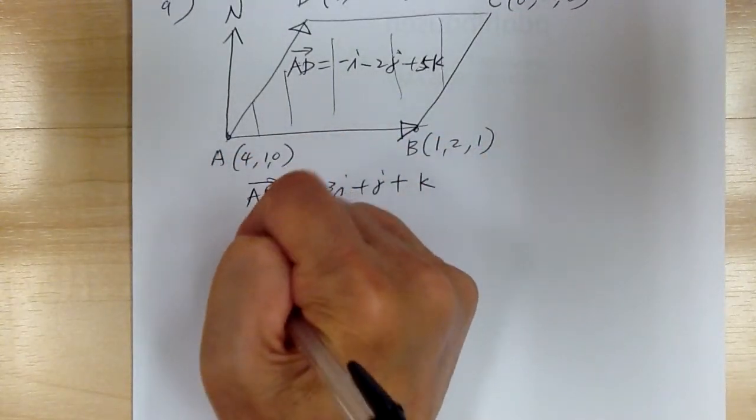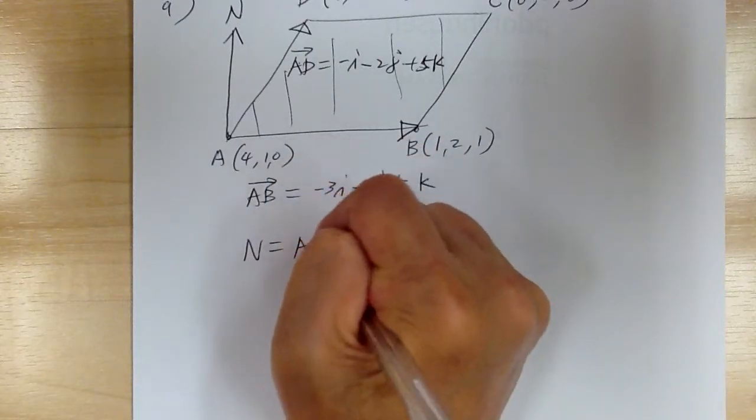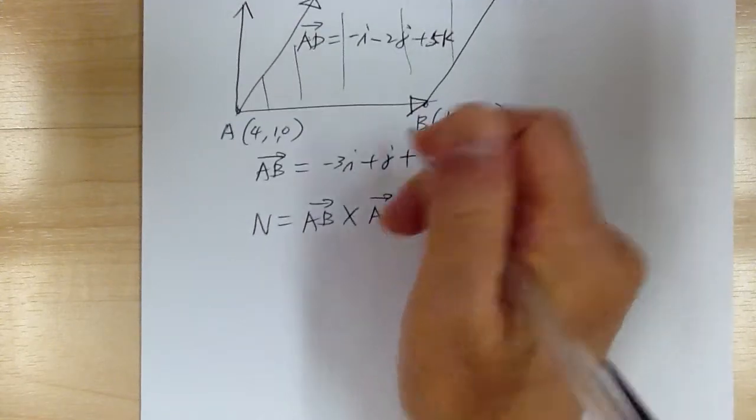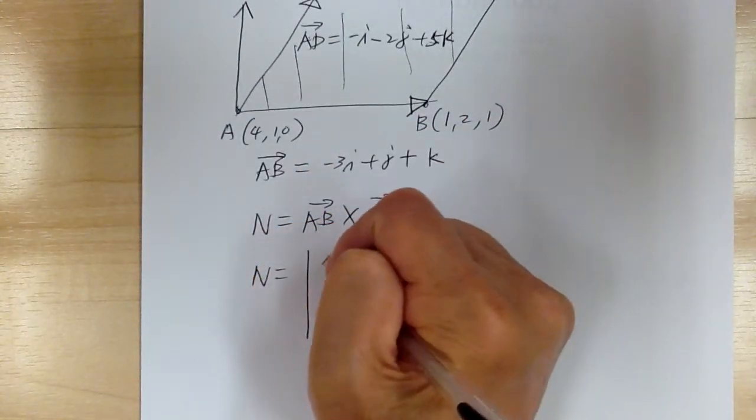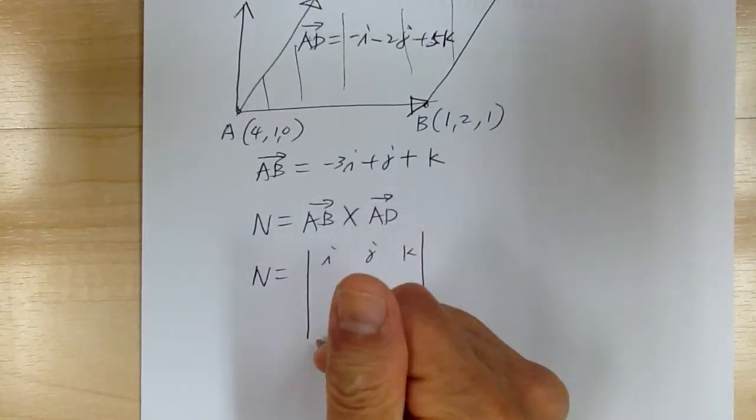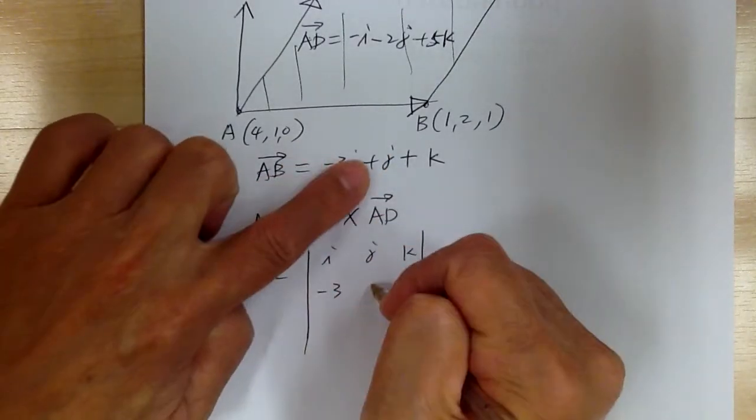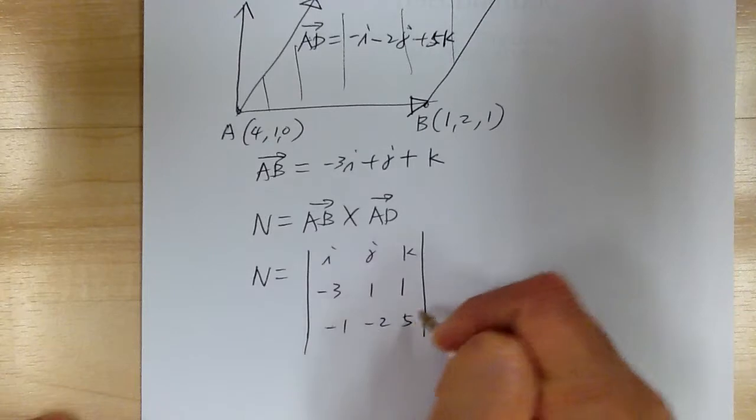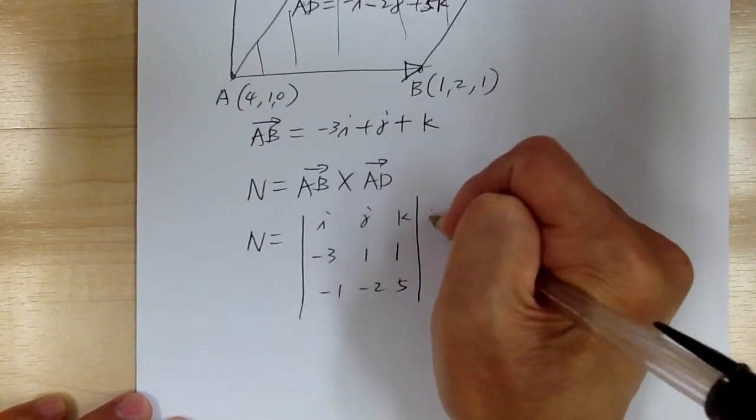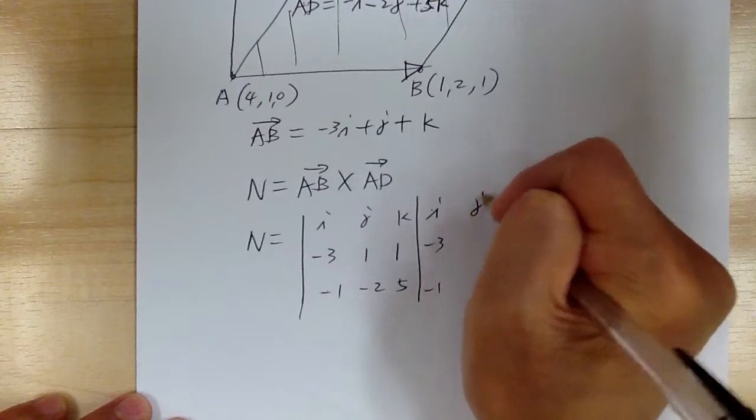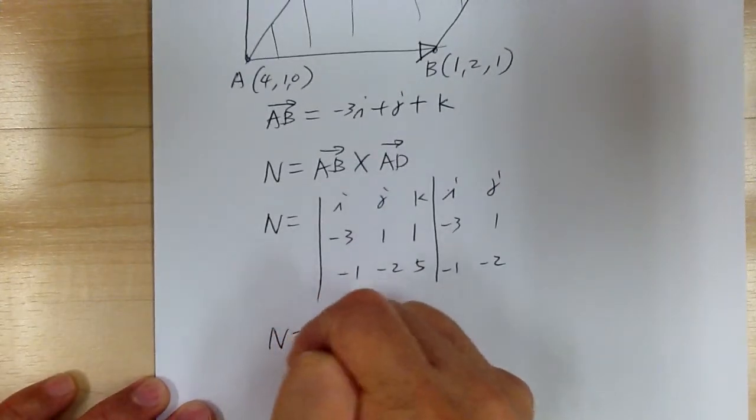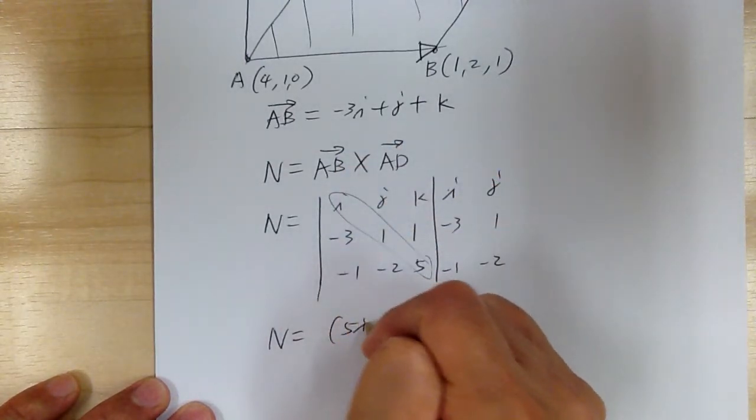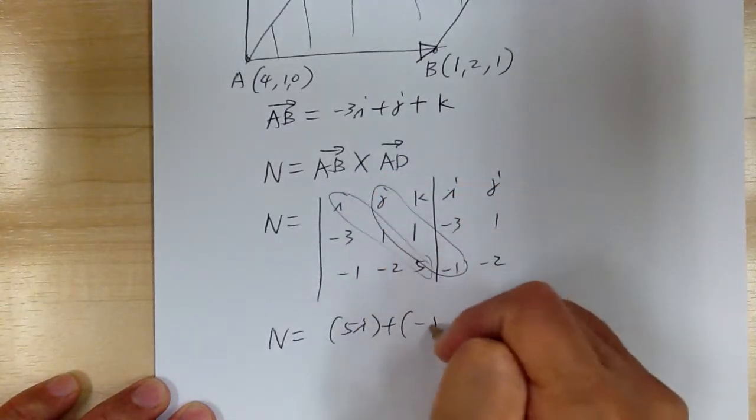So the normal will equal AB cross, again, you have to go counterclockwise, right? Cross AD. So the normal equals the determinant with i, j, and k. AB is (-3, 1, 1) and AD is (-1, -2, 5). So copy the first two columns. So you got i, -3, -1, j, 1, -2. So the normal will equal, I can do the diagonals, so it would be 5i plus -j